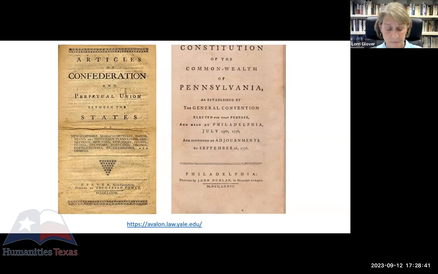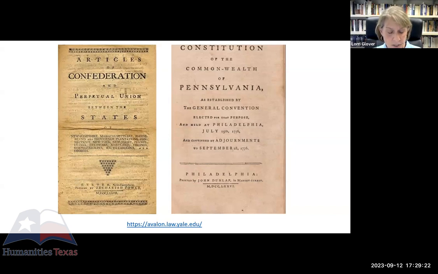Besides having bills of rights written into those state constitutions, all of them required annual elections to serve in office, as did the Articles of Confederation. All of them imposed term limits on elective officials, as did the Articles of Confederation. Most of the powers under the state constitutions were invested in the elected legislatures. Now, most of them had governors and upper houses, but it was with the elected legislative bodies where power resided. Again, very similar to the Articles of Confederation.